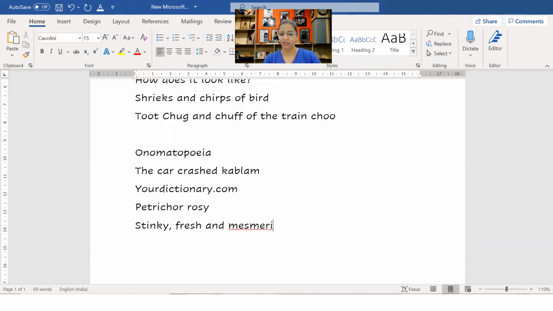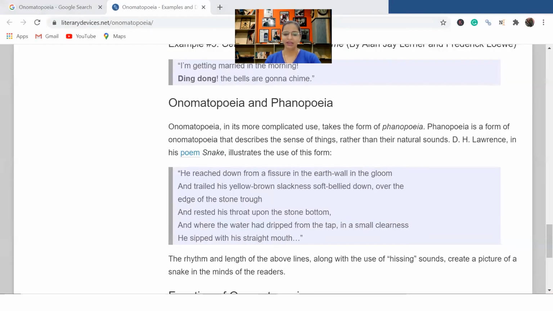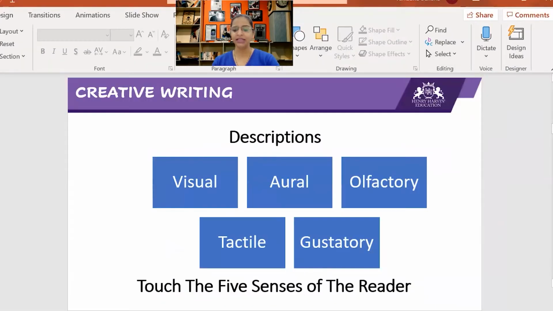Jasmine-like, or you say, yeah, jasmine. It smelt like the jasmine. So all of that is basically the power to smell. It smelled salty. So you can also touch the taste bud with the smell. So all of that is done through the smell. Now coming on to the next part is tactile.